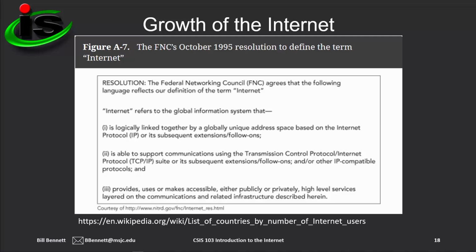A formal definition of the term Internet, which was adopted in 1995 by the Federal Networking Council, FNC, is shown here. The researchers, who had been so involved in the creation and the growth of the Internet, accepted it as part of their working environment. But people outside the research community were largely unaware of the potential offered by a large interconnected set of computer